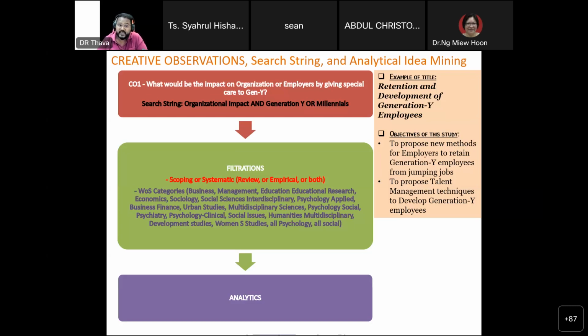Okay, so for those who are having trouble with research gap, with literature review, sometimes it's not really your mistake. Okay, see there, coming one by one. So I know it is a very, very common problem. It's a problem that I see every day from morning until even I sleep. Even midnight also I get calls from different countries lah. So what people miss out is sometimes critical thinking alone would not help. That's what I thought in the first class. So we have to bring in something called creative observation.